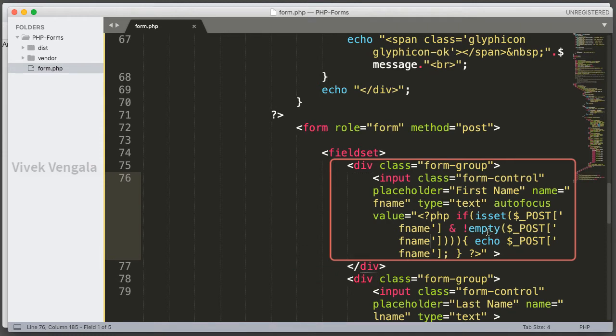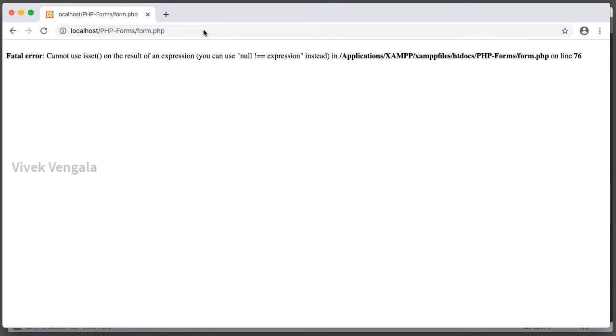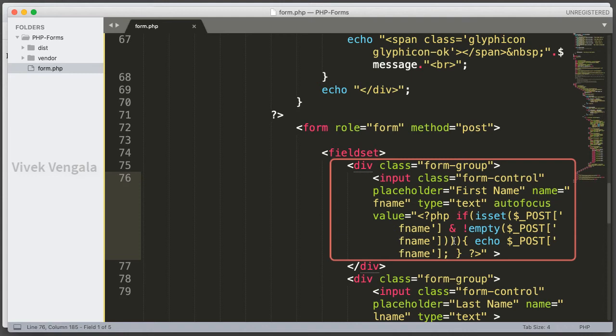This value will always be displayed. Let's check this form. Cannot use isset. Okay, here is the brace missing for this isset function.